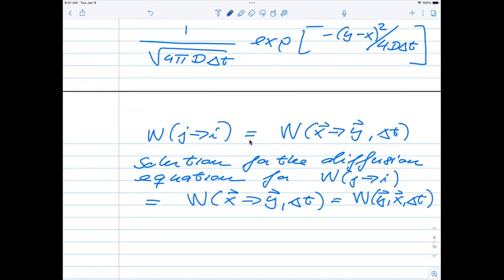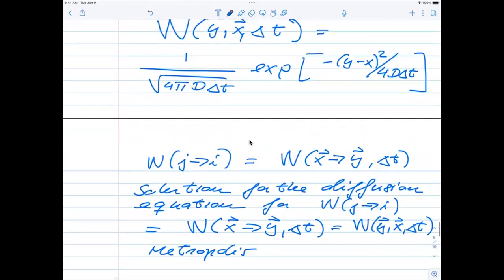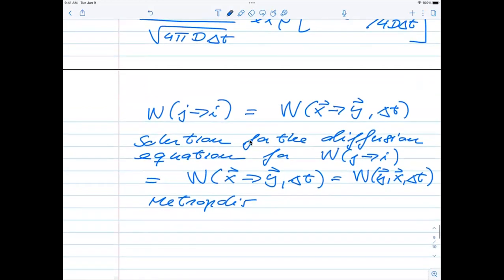So if you now look at this, what we want in the Metropolis-Hastings ratio, so this could actually be one way of doing that, because we have a model for this transition probability based on diffusion, and we could now think of the random walker jumping from a position x to a position y with this probability. So what we could do now is to modify the Metropolis-Hastings,